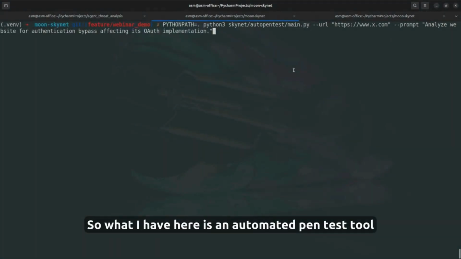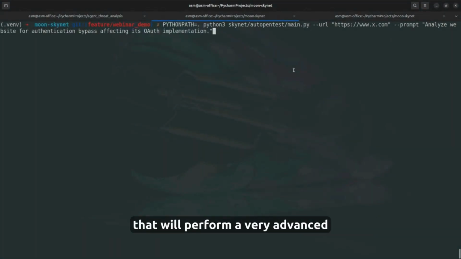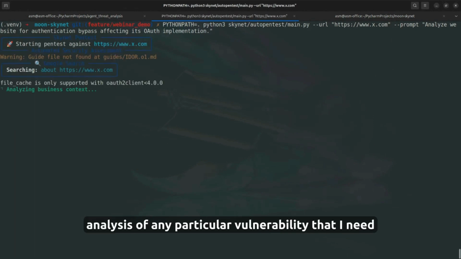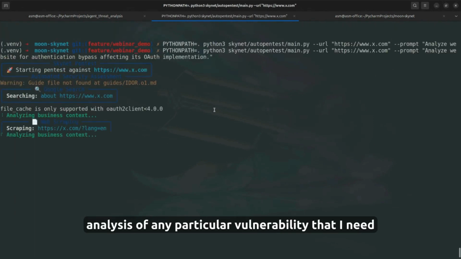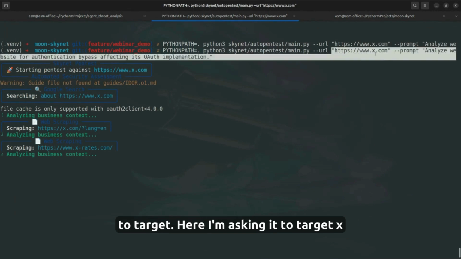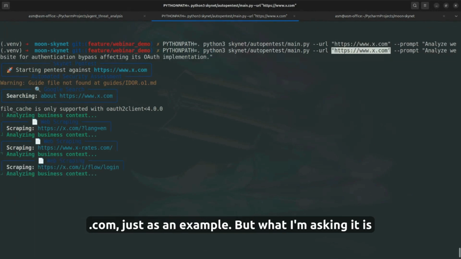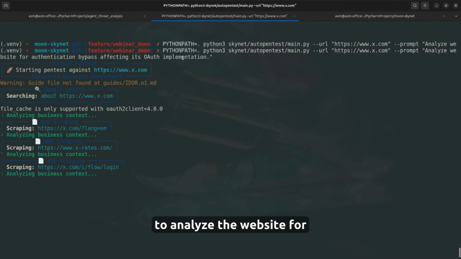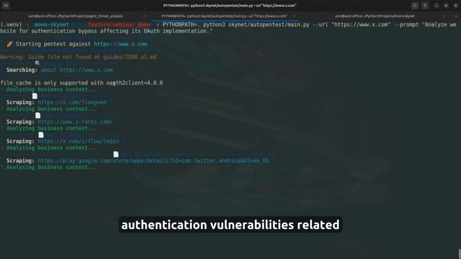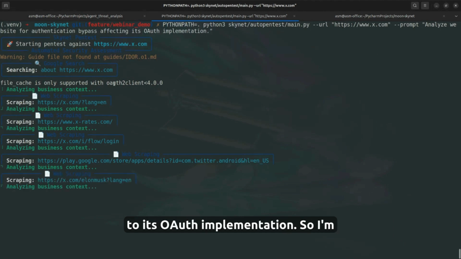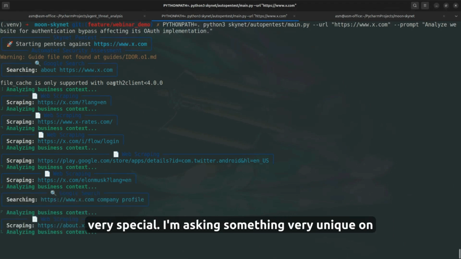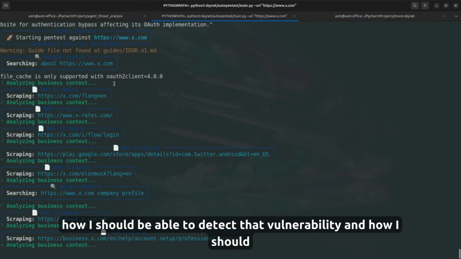So what I have here is an automated pen test tool that will perform a very advanced analysis of any particular vulnerability that I need to target. Here I'm asking it to target x.com, just as an example, but what I'm asking it is to analyze the website for authentication vulnerabilities related to its OAuth implementation. I'm asking something very unique on how I should be able to detect that vulnerability and